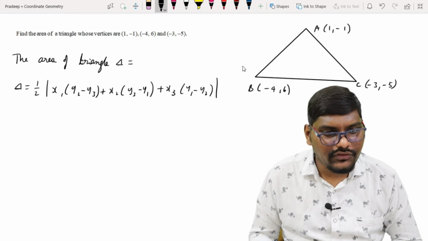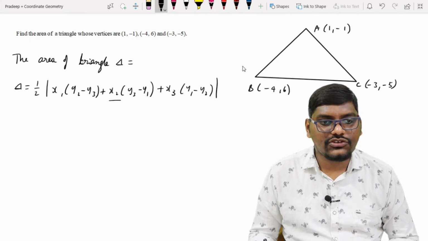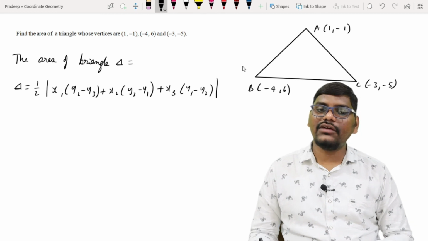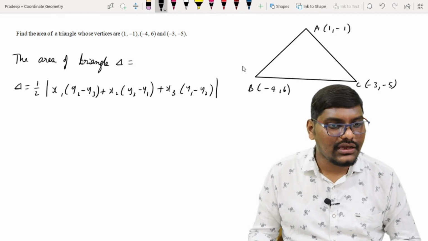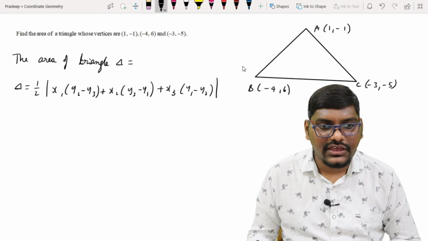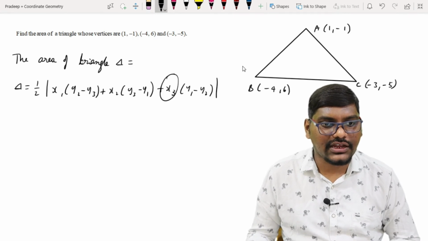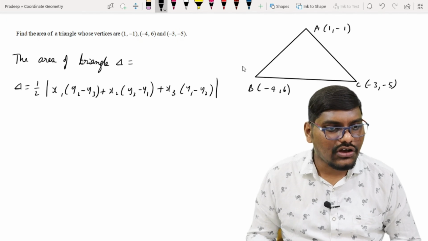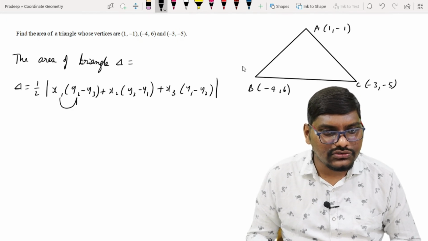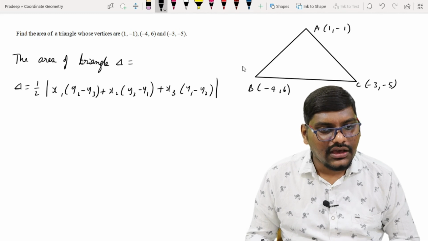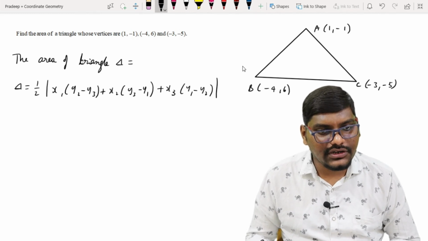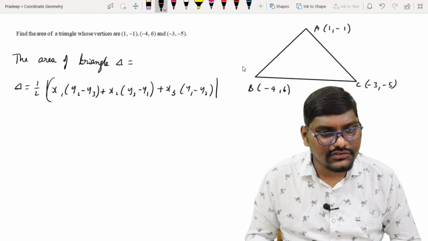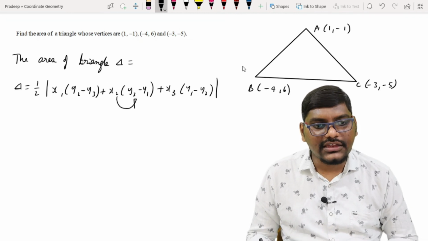Okay, so you can observe x1, x2, x3. This is a very easy formula which you can remember, though it looks very big. So this is x1 in the first case, then x2 in the second case, x3 in the third case, where there is plus in between in both of the cases. Now here this is 1, then 2, then 3. After 3, we again start from the base, that is, this is x1, right? This is x2. If this is 2 then next is 3, then again the starting 1.